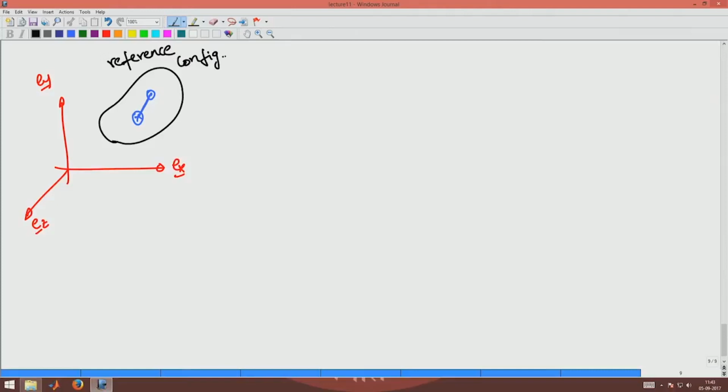Now I applied some force, I did something to the body, it got displaced and now it is occupying this position. Now the same particles are occupying these 2 points, and that line has become a curve like this. So what happens is the straight line has deformed to a curve. Now let us say the direction of this straight line was initially A,